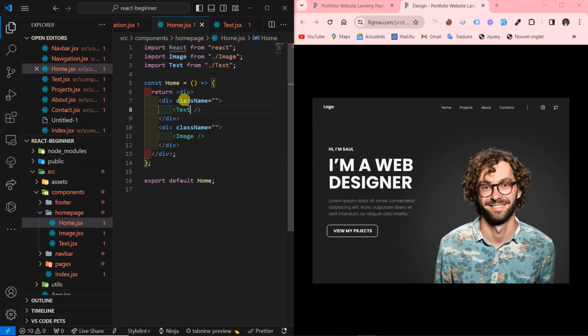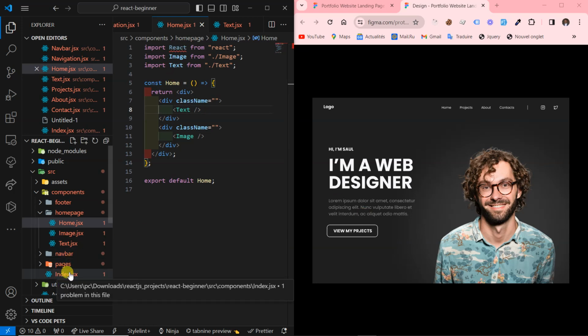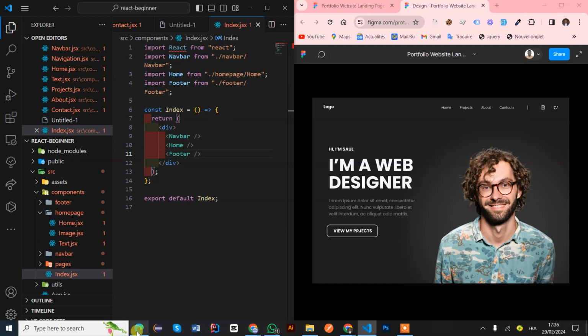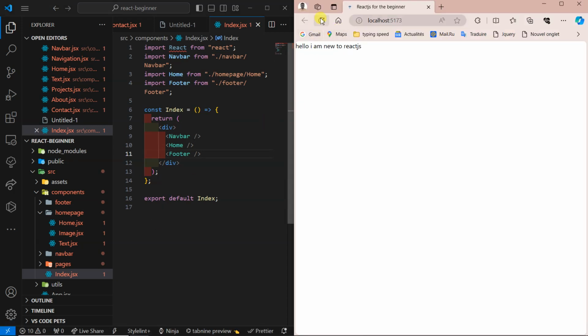Okay. Then within index now we have one thing left. That's the footer. So the footer is going to be down here. It's already connected. So we have the navbar with its component and everything. So let's take a look and see what could be the difference here. So now if I refresh here,